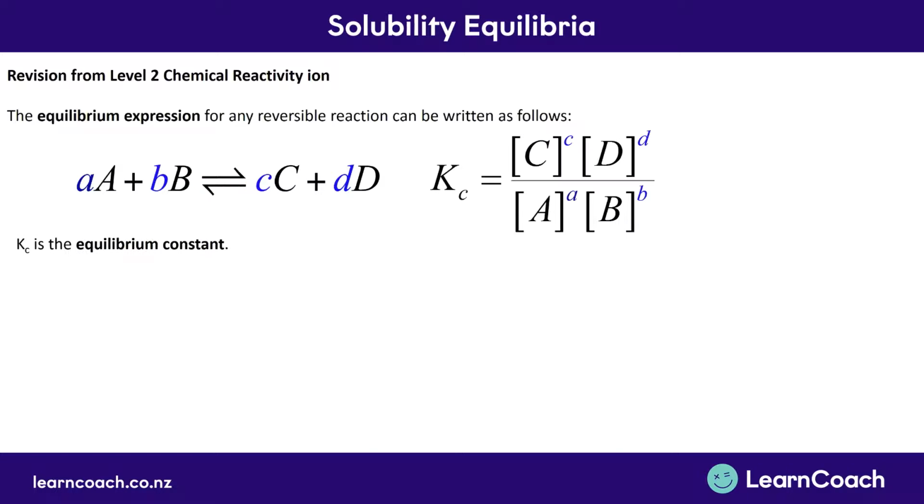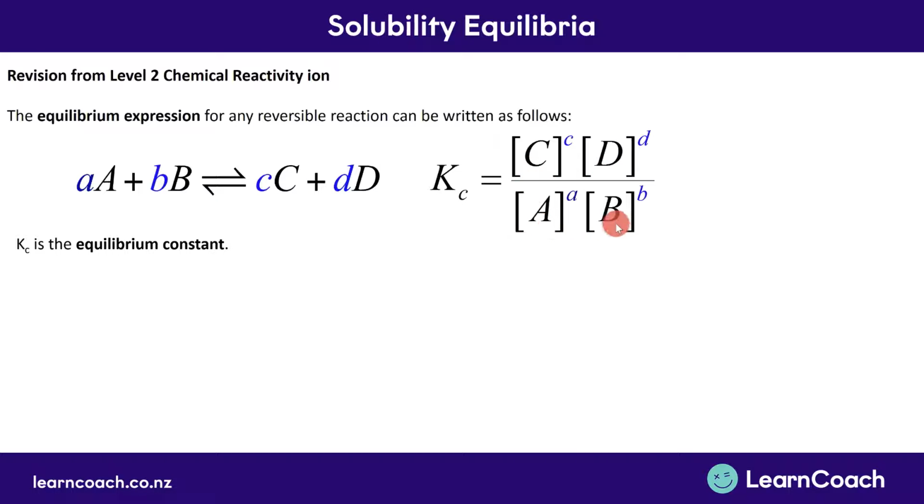The second concept from Level 2 Chemical Reactivity that is important is the Kc equation. The Kc equation helps you find something called the equilibrium constant. The equilibrium constant is a number that measures how much product compared to how much reactant is present when the reaction is completely finished. To calculate Kc, you look at the concentration of all the products divided by the concentration